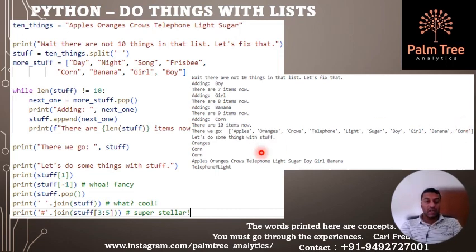Then we have one more join with the hash symbol, this hash or pound character. So this is joining and it is taking the 3rd and 5th. What is the third index and fifth index? What is the third index, telephone, and